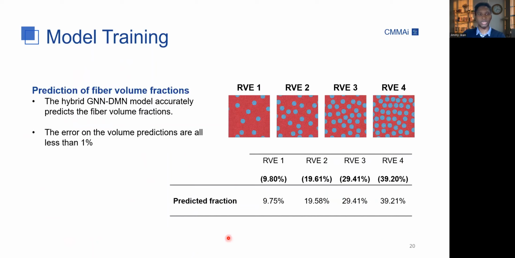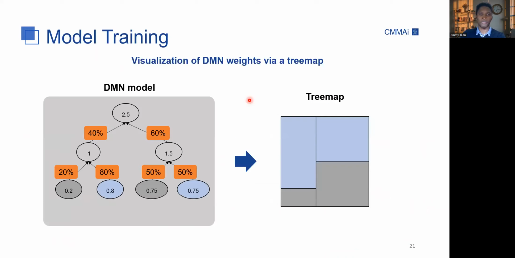Here we show again the results of the volume fractions, but in more detail. By looking at the numbers here, we can see that the predicted volume fractions given by our model are all below 1% in comparison with the target volume fractions of our RVs. Next, in order to see the prediction of volume fractions in more detail, let's introduce the